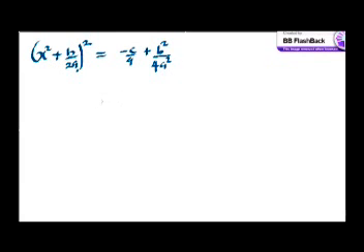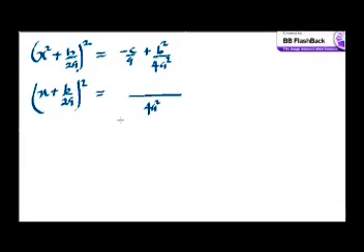So this is going to give me (x + b/2a)² is equal to, if I find the LCM of this, let me make it a common fraction, 4a² will be the LCM. 4a into this is going to give me 4a times c, minus 4ac. Therefore 4a² into this is 1 times this, which will give us b². So here I'm going to have